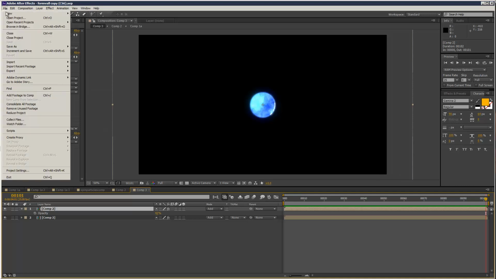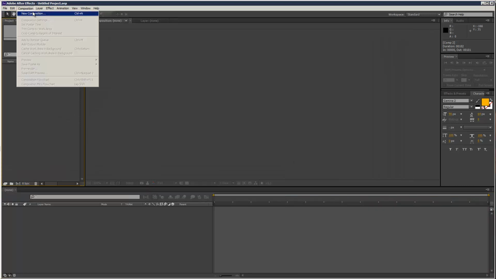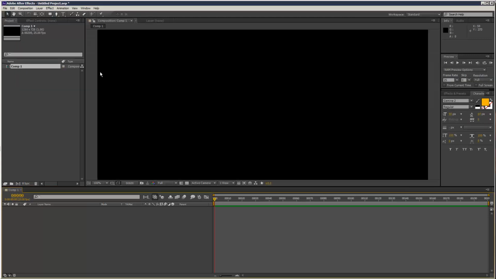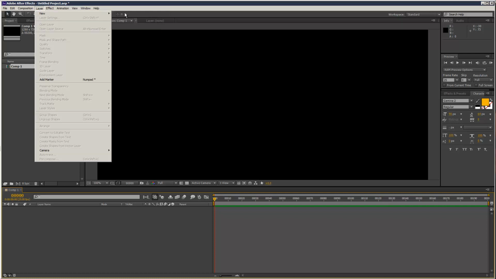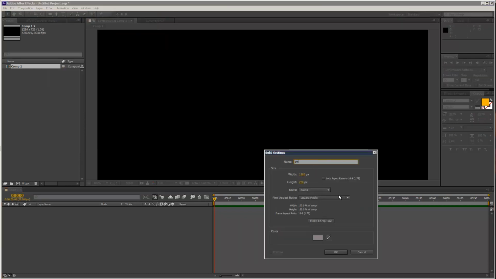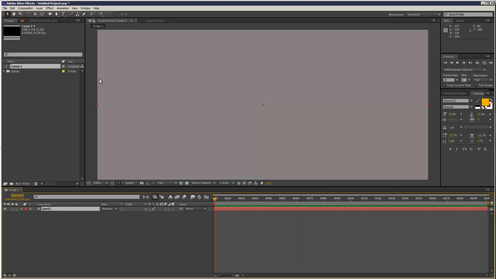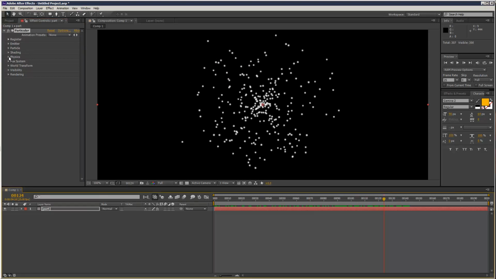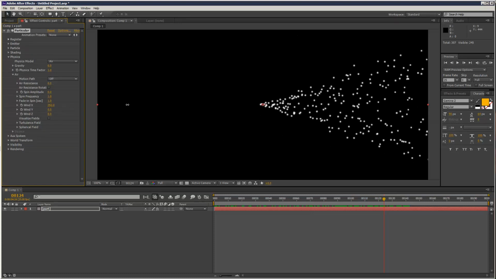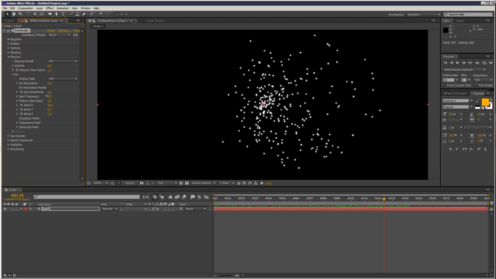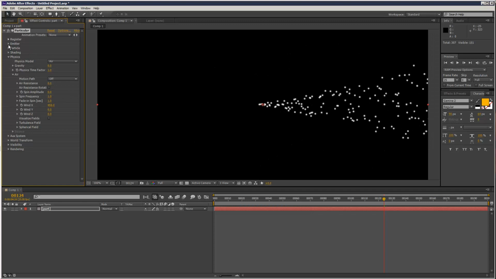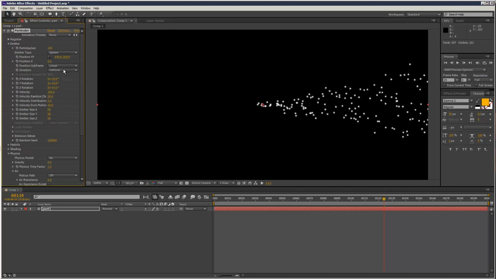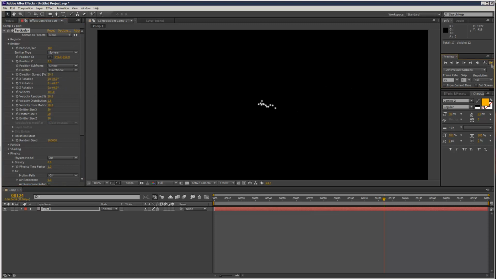So I think I'll just jump straight in. I'm going to create a new composition. I'm going to create a solid with a Particular layer, and add Particular. What I'm going to do is go to Physics, and add some wind. We can use wind to influence a direction. In the emitter, I think I'm going to choose sphere, and I'm going to choose directional. Just kind of thins it out